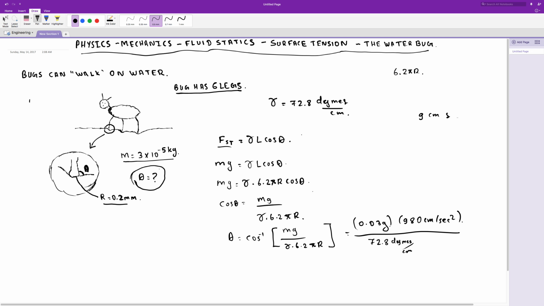Then that is multiplied by 6 times 2 pi r, and this whole thing is cos inverse. I forgot to put cos inverse right here, so we have to put cos inverse, and it all comes in the bracket. So 6 times 2 pi times r. r is given in millimeter, so 0.2 millimeter, that is equal to 0.02 centimeter. And if I plug all this into the calculator and find the value, this gives us cos inverse